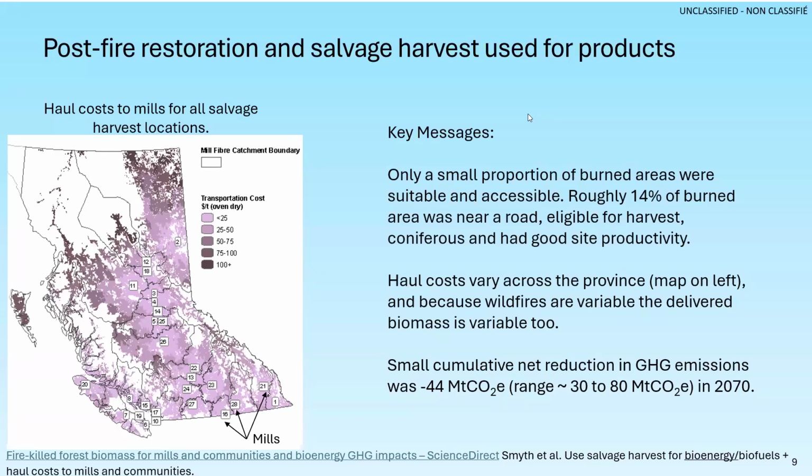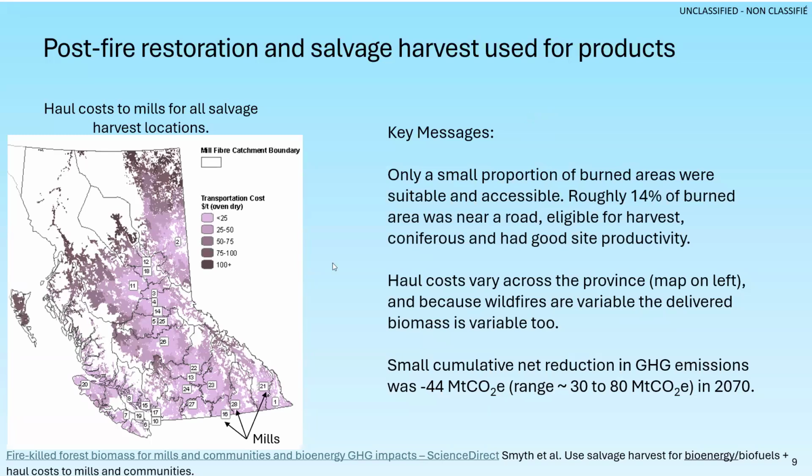And when we did that, roughly about 14% of the burned area would be salvage harvested. So if we think of all of the area that burned, only a small percentage would be salvage harvested. And a lot of these constraints are practical and economic constraints. They're not carbon constraints. And another economic constraint we considered was haul cost. So it's challenging to work with salvage wood, and you have to work with it quite quickly after a wildfire because it tends to dry out. So we considered how costly would it be to transport the salvage harvest to a mill.